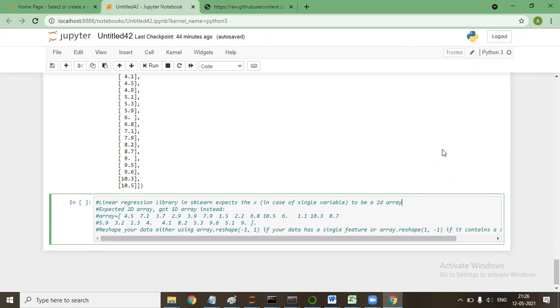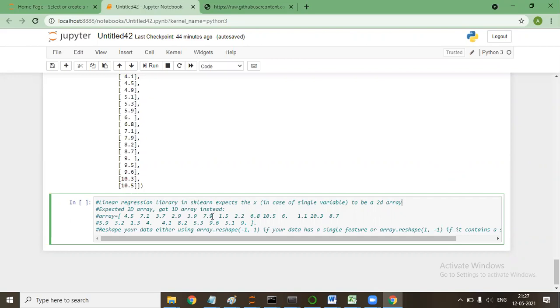Okay. But when we have multiple X values and we are grouping them, how can we reshape it, and how will we get to know when we have to reshape it? When we have multiple X variables, then we don't have to reshape it. Then we don't have to convert into dot values. This is only the requirement when it comes.